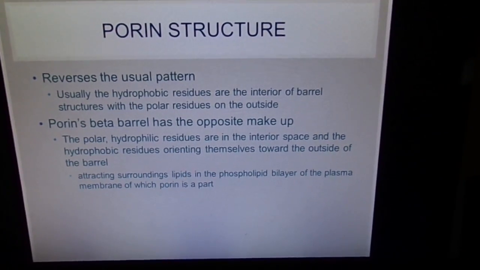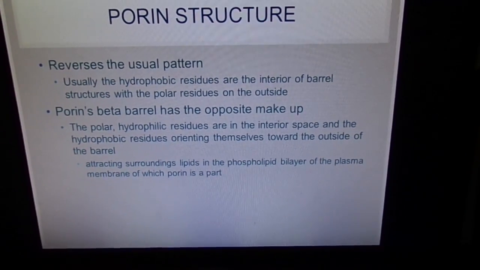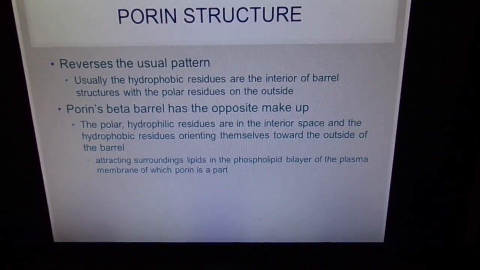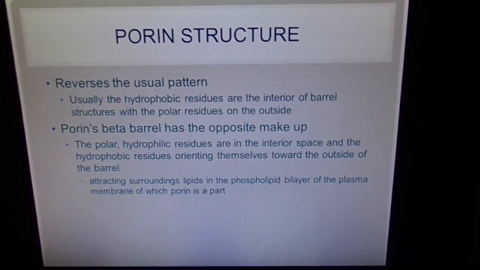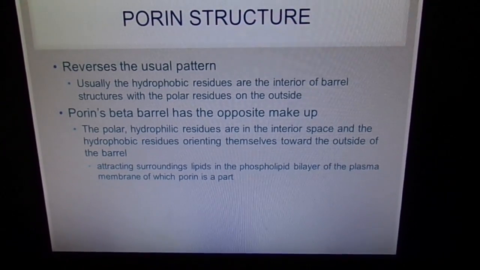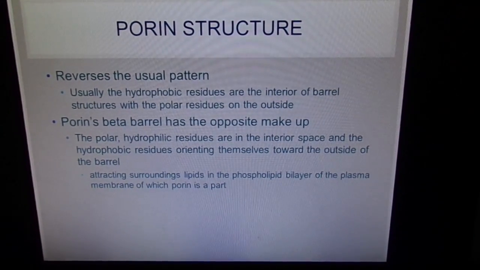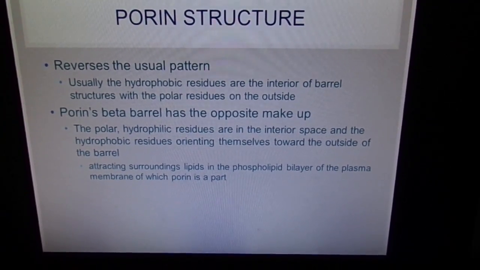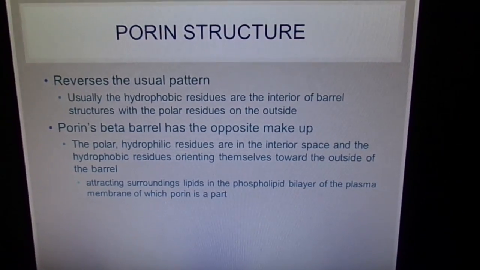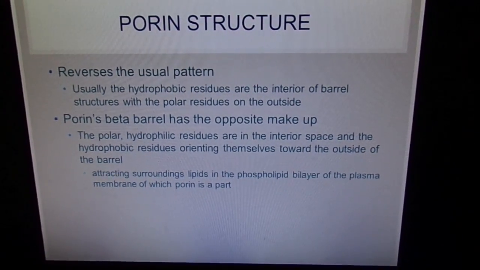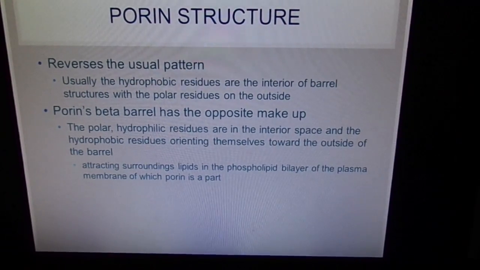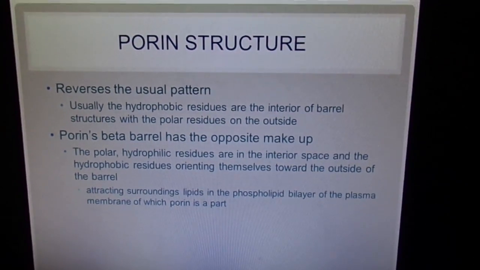It helps it attract the lipids in the phospholipid bilayer of the plasma membrane, because Porin is a transmembrane protein, so it is a part of the plasma membrane, and it has to attach, and that's why it has the opposite structure when it comes to the hydrophobic and hydrophilic regions of other beta barrel